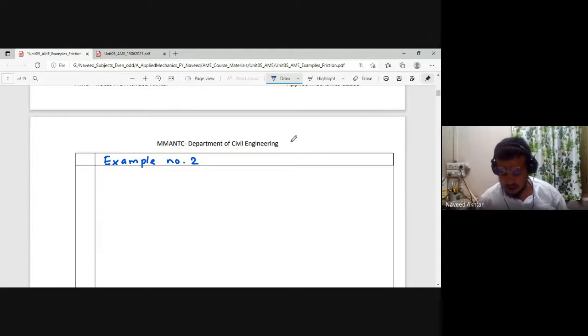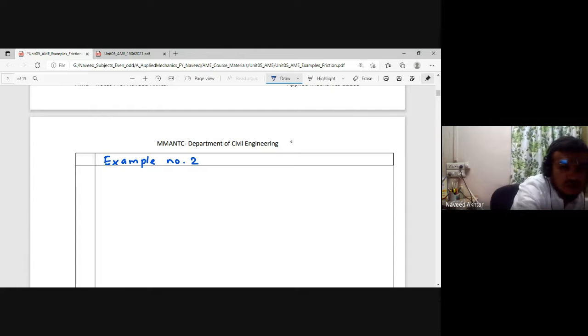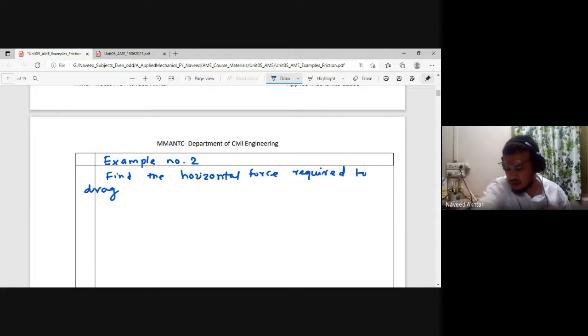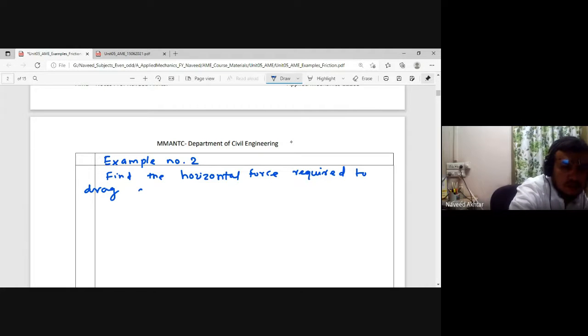Find the horizontal force required to drag a body weighing 200 Newton